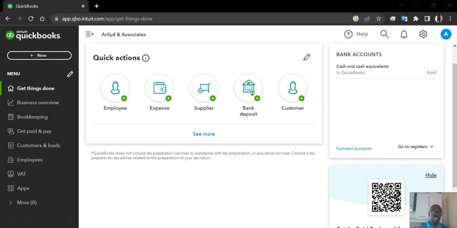Today I want us to talk about QuickBooks Online. The reason why I love and can always recommend QuickBooks Online is that it is very effective, number one. Number two, it is very convenient, and the other important part, the beauty of it, is the flexibility